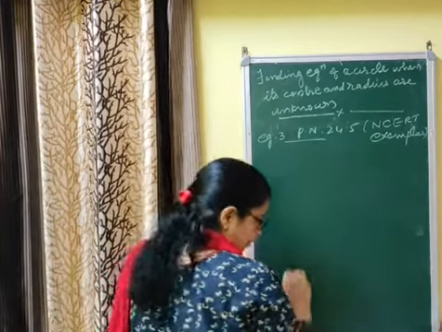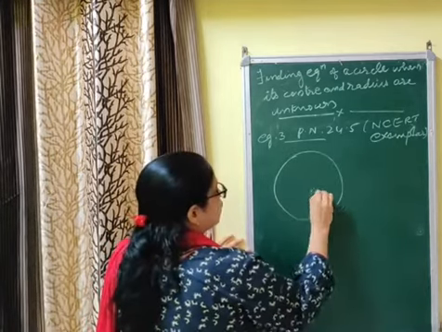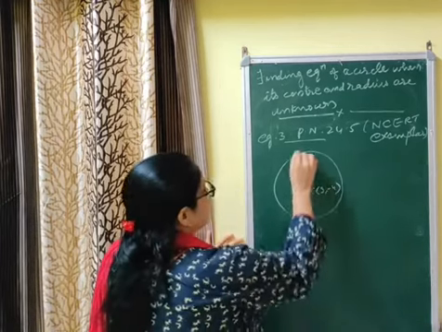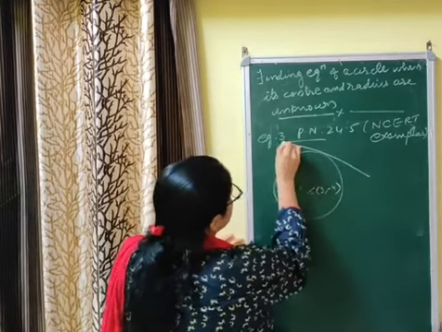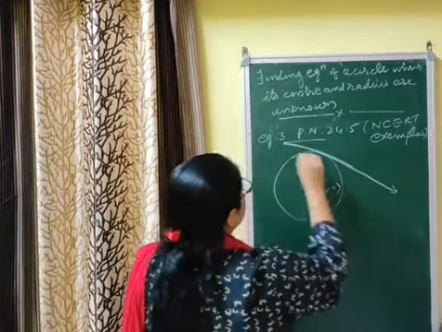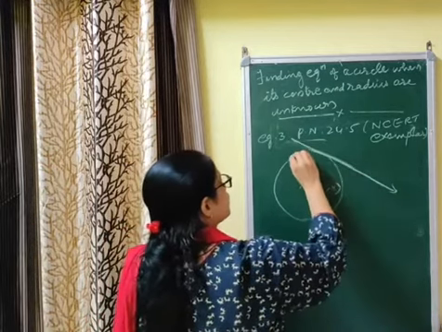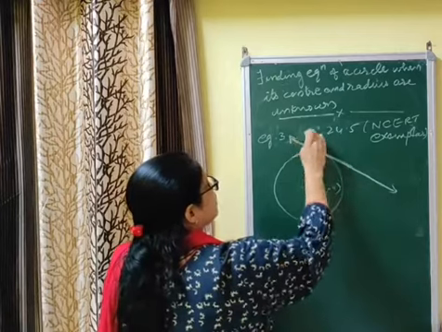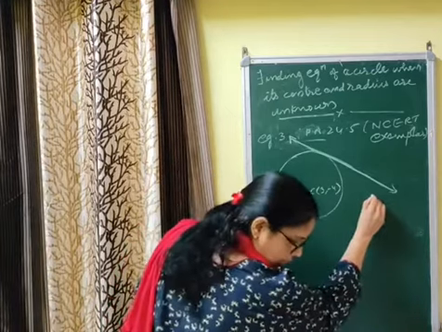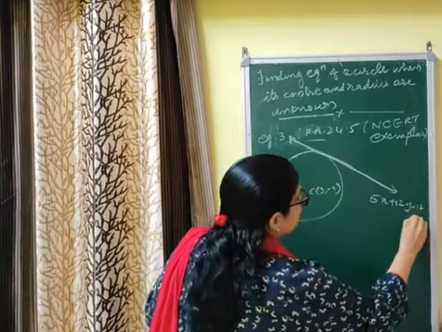Now let me draw the figure. The figure is like this, and you are given the center of the circle as (3, -4), and you are given that the circle is passing through the line. The circle passing through the line means the circle is touching the line. The line should be straight; with lack of space, the line is like that. No matter. This is page number 24. And touching the line, the equation of the line is given as 5x plus 12y minus 12 is equal to 0.